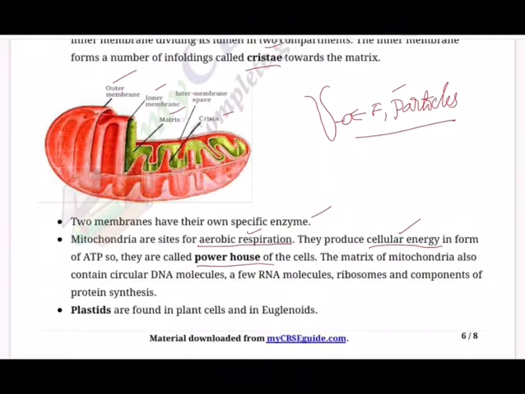Many times in UPSC, NDA, this is being asked. The matrix of mitochondria also contains circular DNA molecules. This is the uniqueness again. The organism as such will have DNA in every cell inside the nucleus, but in addition to the presence of DNA molecules in the nucleus of every cell, the mitochondria also will have their own DNA molecule. That's the thing. And also a few RNA molecules, ribosomes, and components of protein synthesis. Hence,